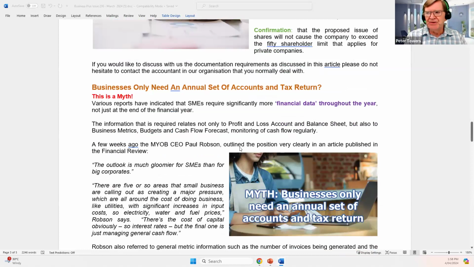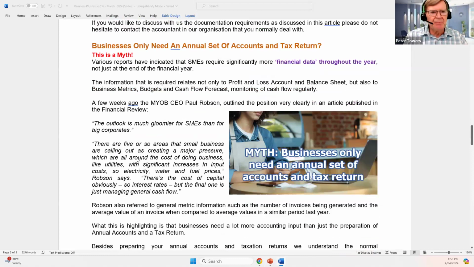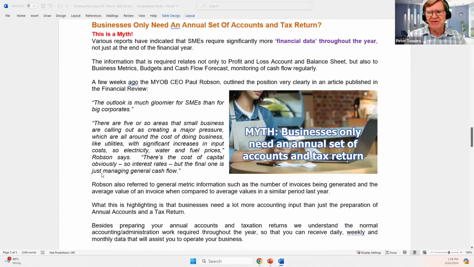And we quoted Paul Robson there, the CEO of MYOB, who was commenting about some of the problems with startups. He said the real problem he sees is managing general cash flow, and a lot of these problems occur after 6 months. People get started, they've got a pool of money to get started in their business, but then they find that they've got debtors, and creditors wanting to be paid very promptly, especially in that first 6 months. They may have built up stock. Sales mightn't be as large as what they expected. They've got all sorts of problems, and they've got no idea of managing that general cash flow.